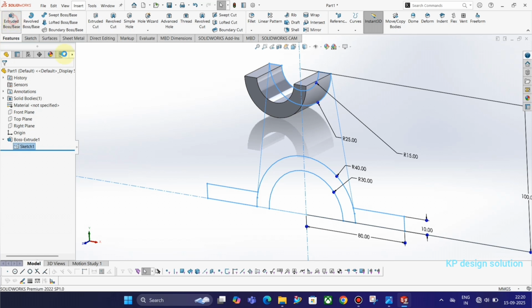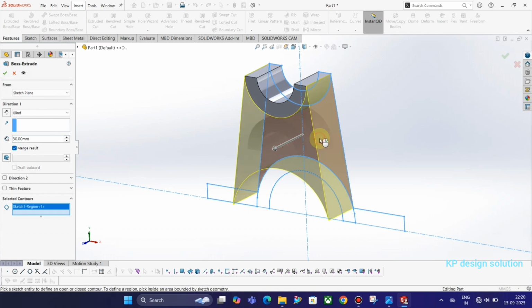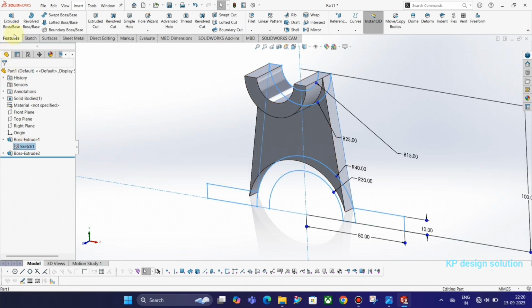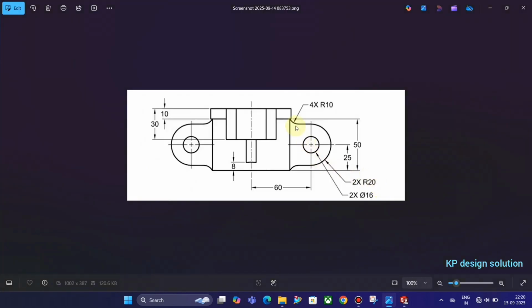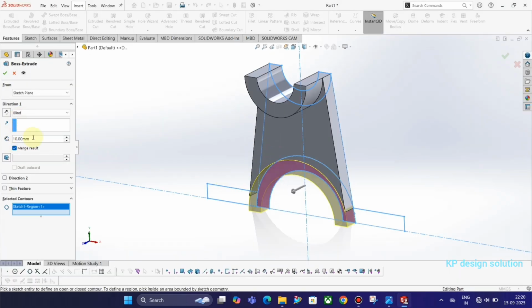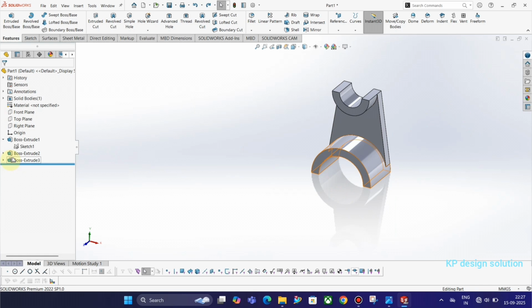Again select the sketch using the extrude command. How much is the extrude? It extrudes 10 mm. It extrudes of 50 mm. Then again